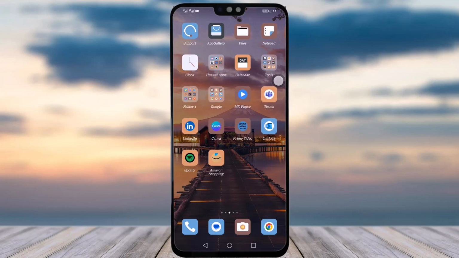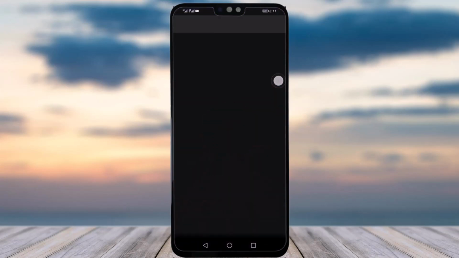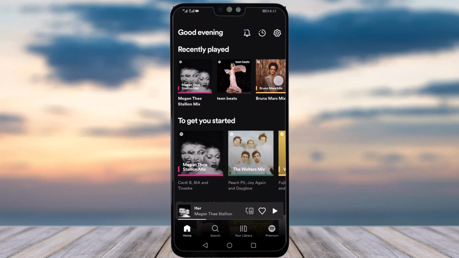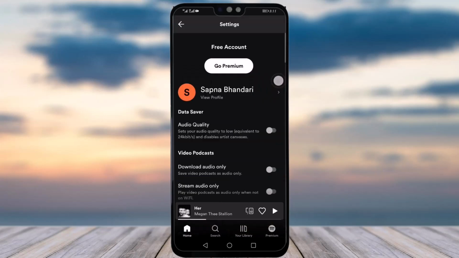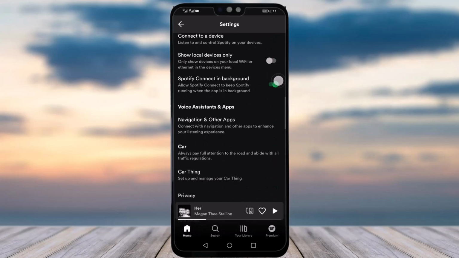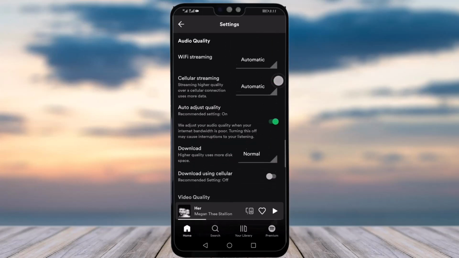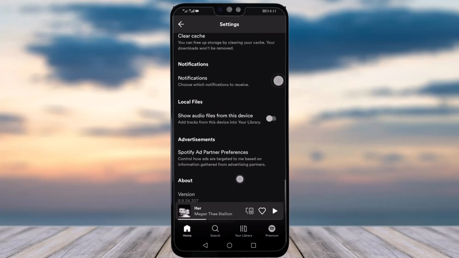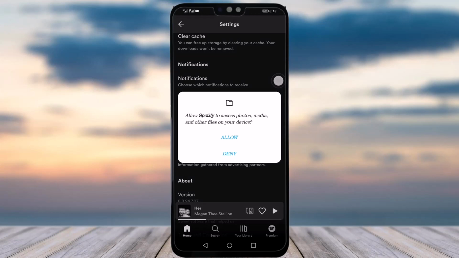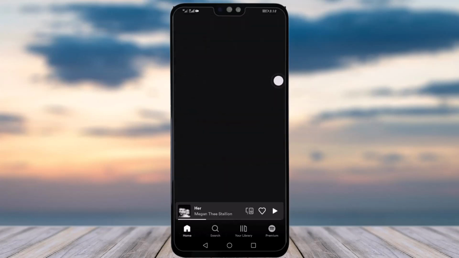So first of all, you will just go to your Spotify app. Once your app is open, then you will just simply tap on this setting option given on your top right corner. Tap that, and then you will scroll down until you find an option called local files right after the notification. Here you will see this option called show audio files from this device. So you will just turn on this option and simply tap on allow,